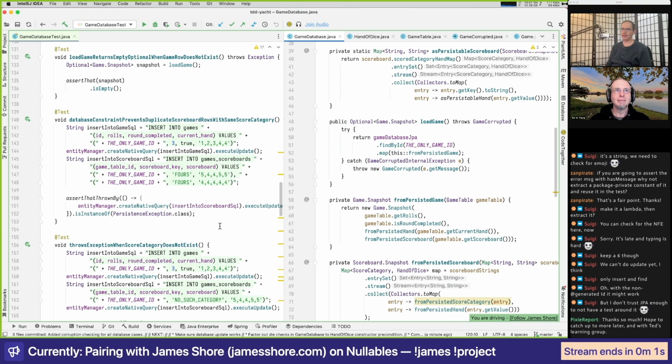I feel like the dice checks that we did with the numbers and the integers, this does feel like the wrong place for that. It felt kind of nitty gritty, but the work we did around the duplicate scoreboard rows felt very much on target. Yeah. The work we did around the game row being empty was, as always, the first time we were doing any error handling, so we had to work it out.